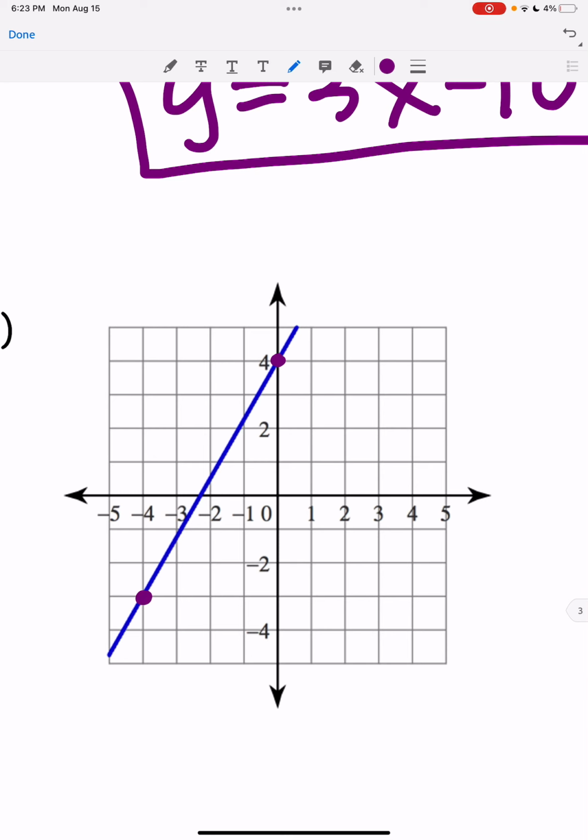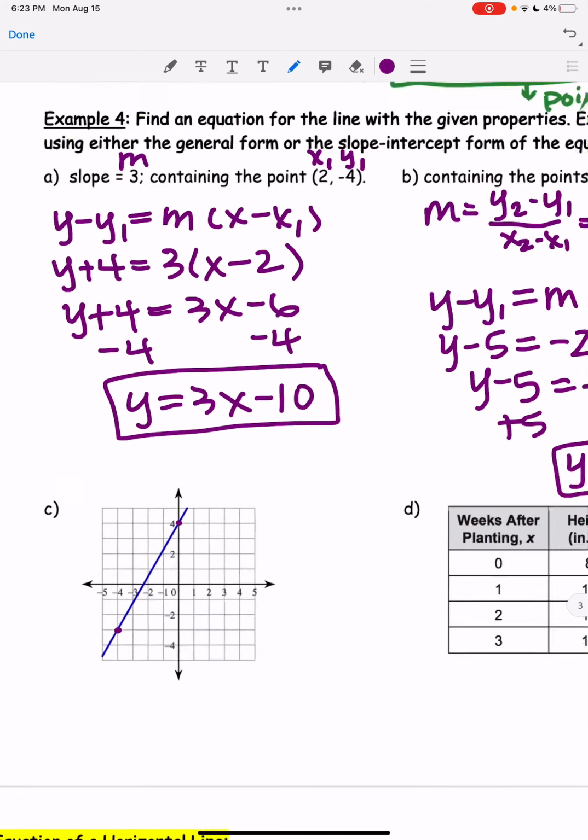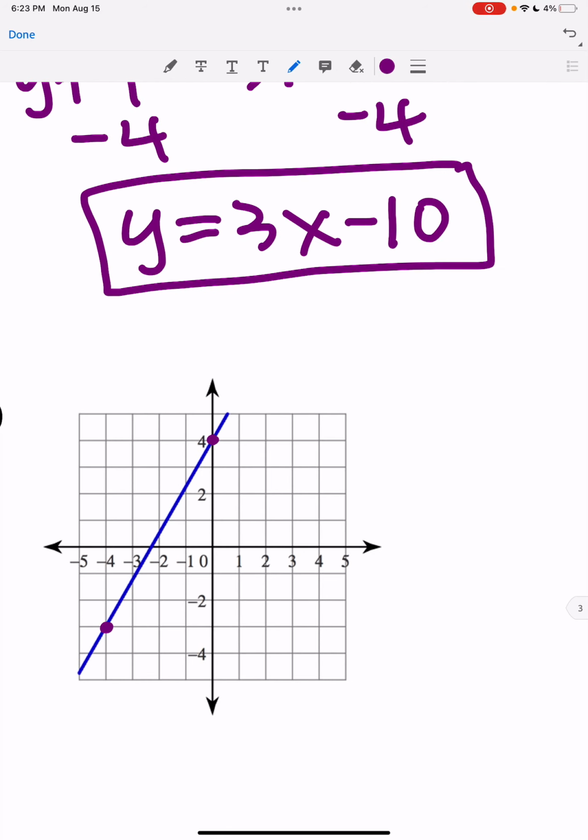So we could say that this point here is 0, 4. This point here is -4, -3. We could find our slope and then put it into point-slope form. But don't work harder, work smarter. If these are my 2 points,